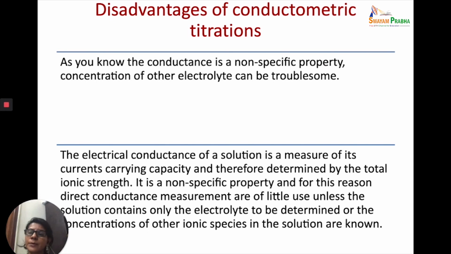In fact, one common mistake while doing the conductometric titration is that people use tap water. Now tap water will obviously have ions, and if that tap water is used to make a solution, the conductance value is going to come out much higher than it should be, because the ions of the water, which was not deionized, will add to the conductance of the solution under consideration. So we should always use conductivity water while making the solutions for conductometric titrations.